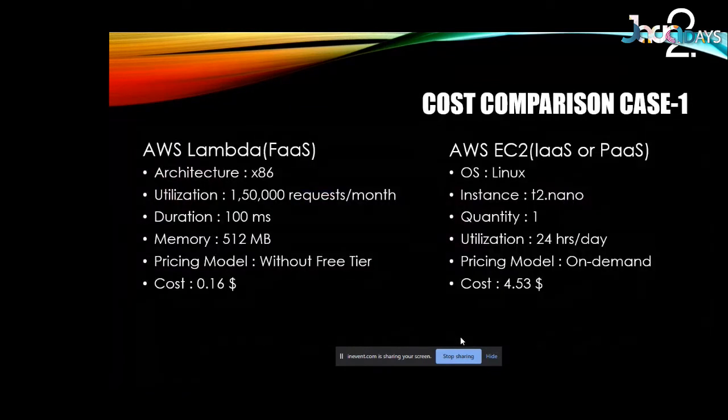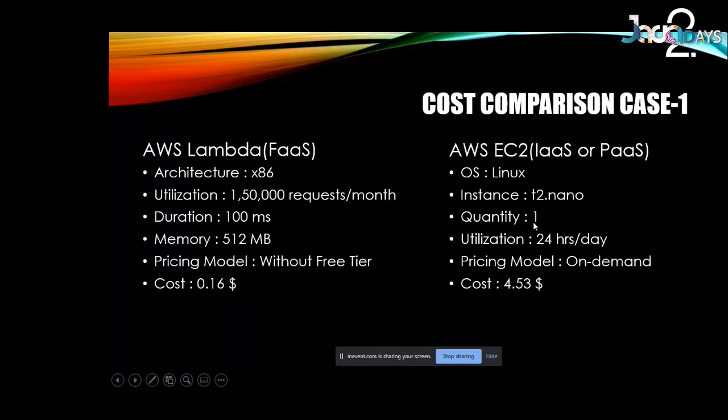Besides this, if you wish to do a comparison, here I have one. On one side I have EC2 with me. EC2, as you know, is like a virtual machine in the cloud. All of you who are aware of EC2 must be aware of it. Now let's say that we wish to deploy some application and we wish to go for the minimum configuration. So I will be using a Linux operating system, and the instance is T2.nano. T2.nano is nothing but around half a GB of memory that it is going to provide you.